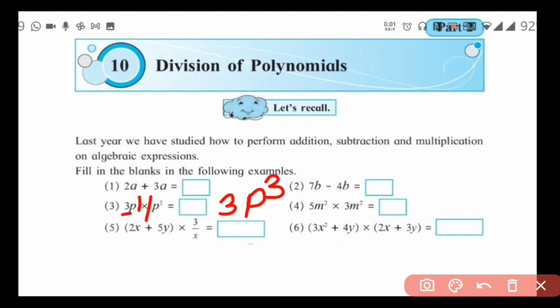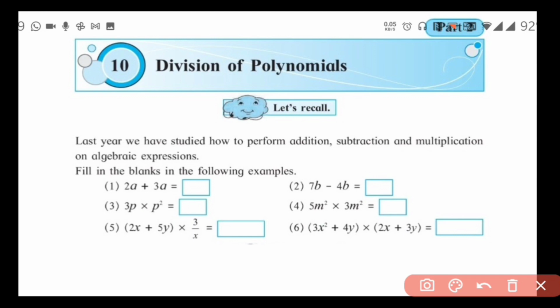What we do in the multiplication? We multiply the coefficients. So as you all can see, in the first term coefficient is 5. In the second coefficient is 3. So 5 3s are 15 we write first, and then we multiply the variables. As in both the expression variable is m, so m we write one time, and as multiplication is there, we add indices. M square into m square, sorry, it is addition we have to do. 2 plus 2 we have to write 4. So 5m square multiplied by 3m square, answer will be 15m raised to 4. Now let us see the next sums.